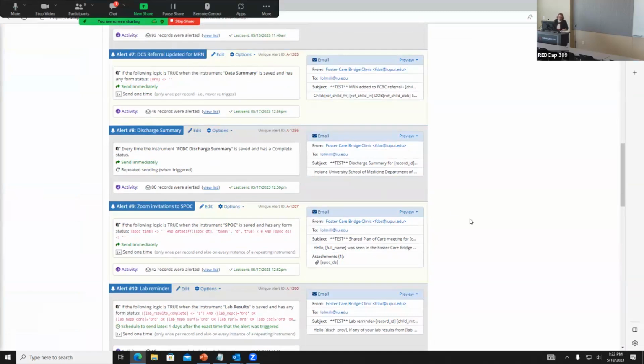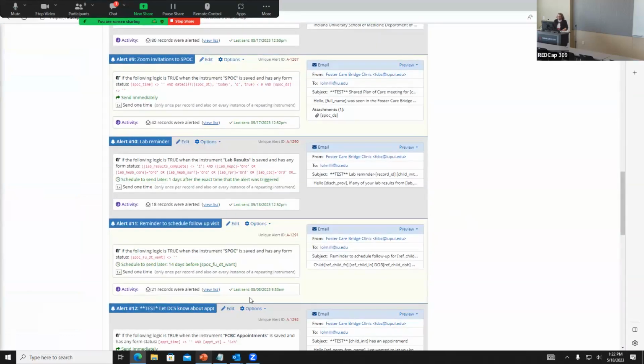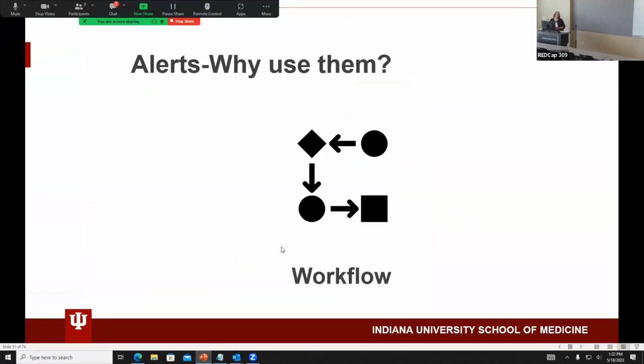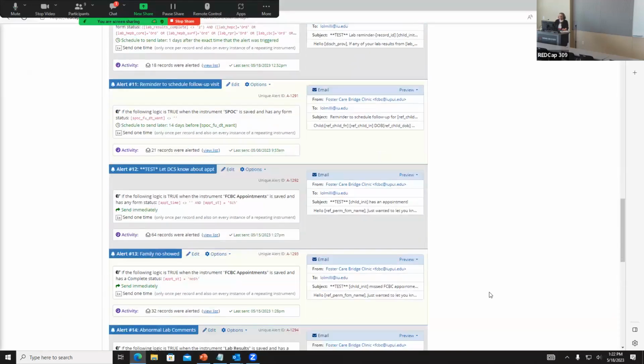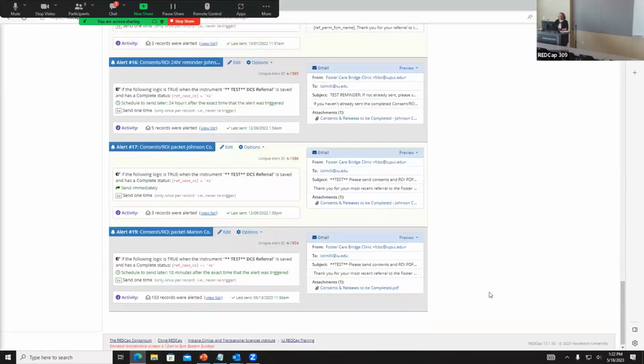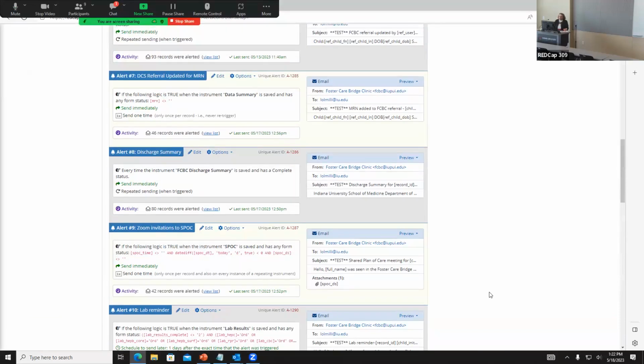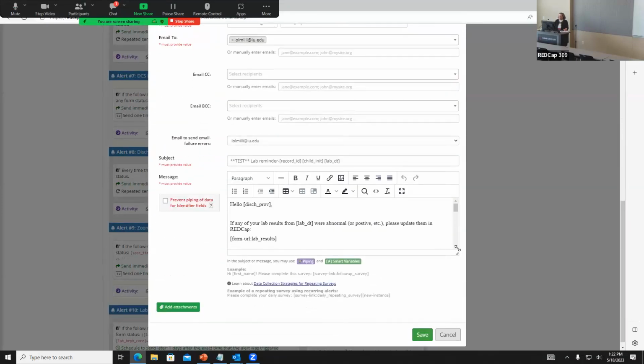And then come back over to our little goofy pictures. Another reason might be workflow. One of the things our doc wants to do is gather when there's an abnormal lab result. So we give them an alert to say, hey, we know you saw this kiddo and you ordered labs and nothing's changed. And so we have an alert for that, a lab reminder. It sends the doctor an alert that says,